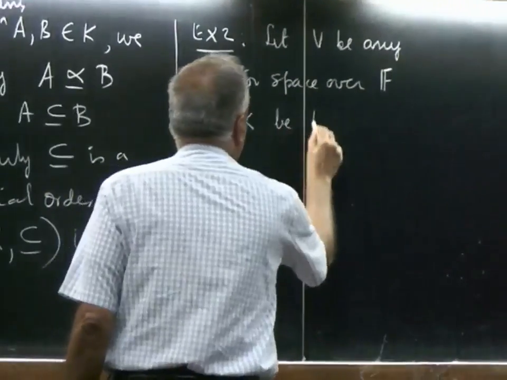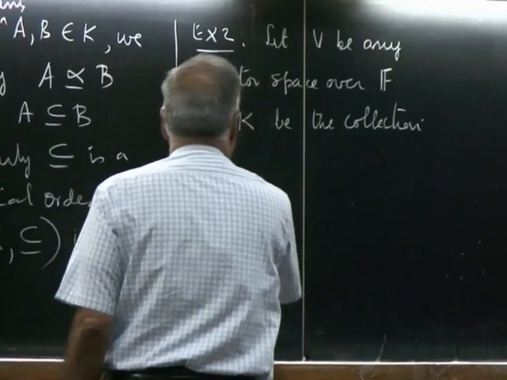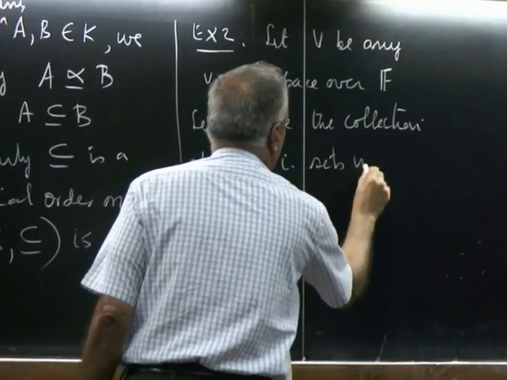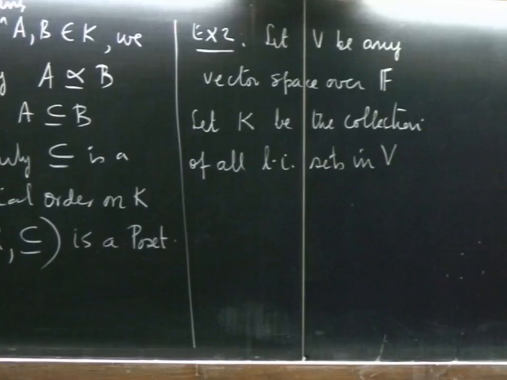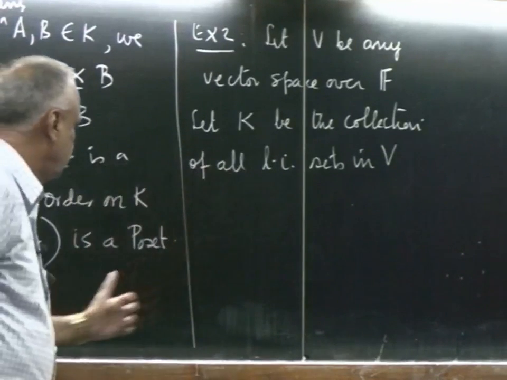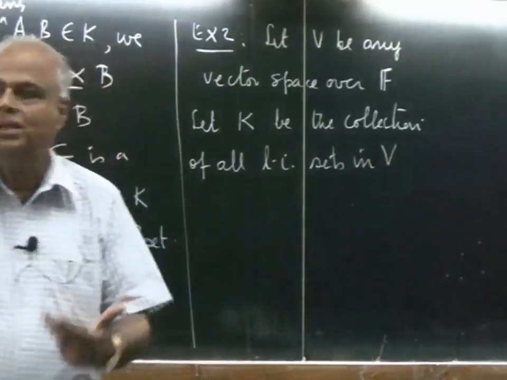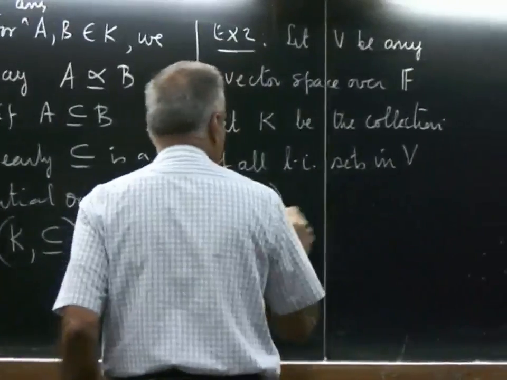Let V be any vector space over a field F, and take a special case of this. Let K be the collection of all linearly independent sets. We will explain a little bit more about linear independence later, okay. So the set of all linearly independent sets in V, and since subset or equal to is a partial order on any collection, in particular on this collection it will be a partial order. So K is the partial